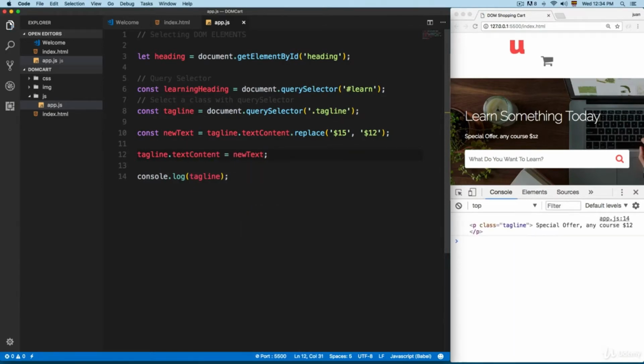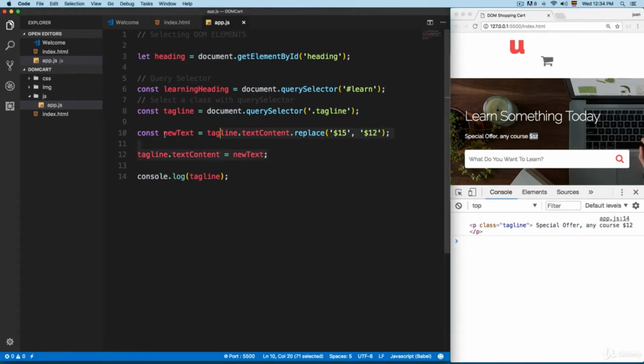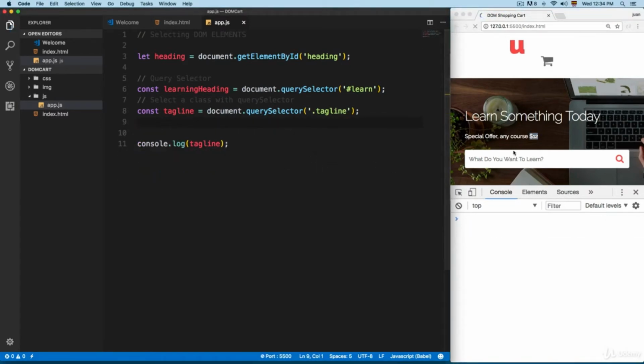So save this, and now you can see we have a special offer, any course at 12, and it's also going to be here on the HTML. If we remove this again, remember this is going to print 15. So let's continue working, and you can see, for example, we already saw heading, which is going to return the